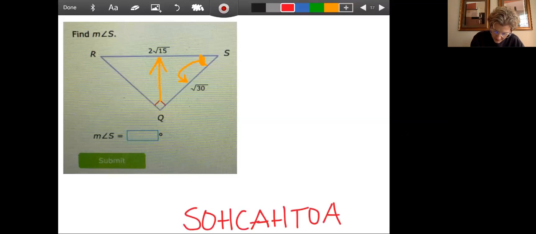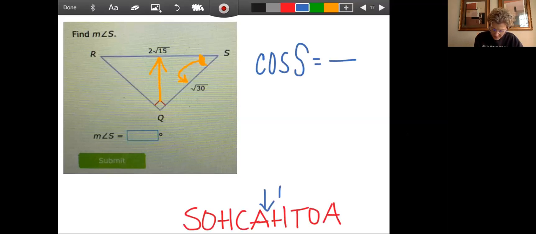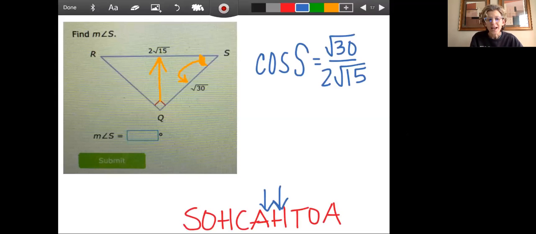Yes, cosine. And so what we're going to do here is the cosine of S equals, right here, adjacent over hypotenuse. So that's going to be square root of 30 over 2 times the square root of 15. Okay? We can simplify this just because we can. You actually wouldn't have to because you can plug this right into the calculator. But let's simplify this down to cosine S,